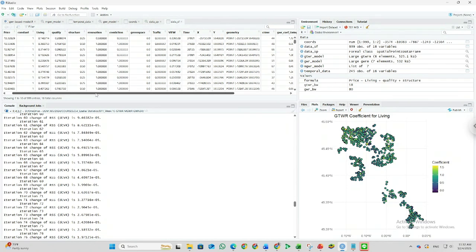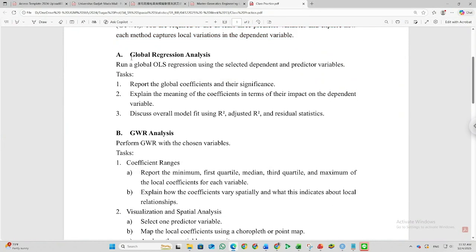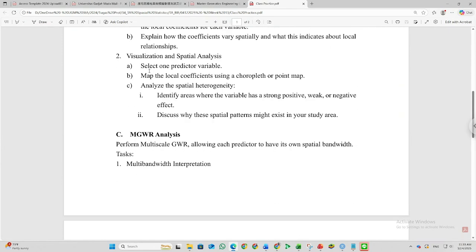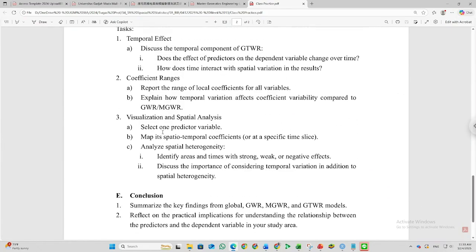You can choose by yourself, but you need to note in your report what independent variables you use in your class practice. You need to run it like we did before, and you need to report, explain, and discuss the result in your class practice.